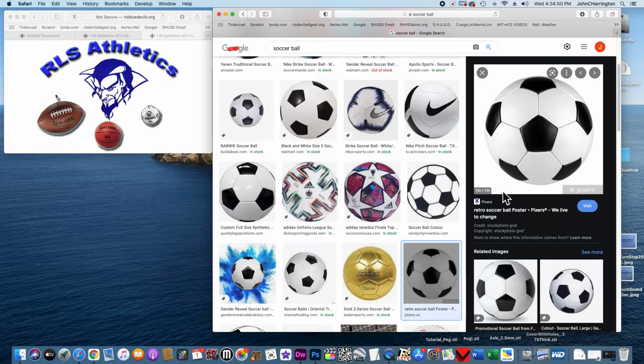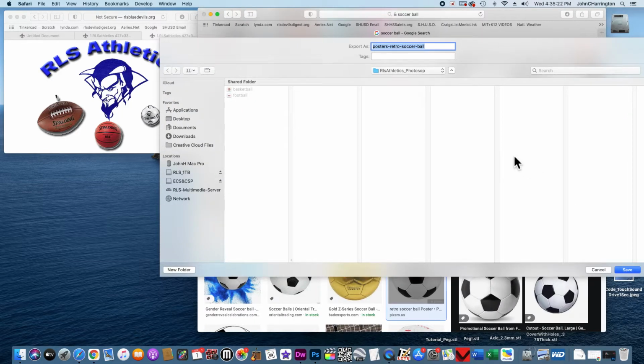Oh, and this is one of the things I'm having you look at now that I see this number. See this 700 by 700? That's pixels. But as a close comparison, we're going to call that close to 7 inches by 7 inches. And that's fine. It will fit on our canvas that we're going to create. But we really want to keep it down, if possible, to 3 to 2 inches. But I'm going to show you how to shrink it before you actually bring it in if it's too big. So I'm going to go ahead and right click on it, save image as, and we'll call this soccer ball,